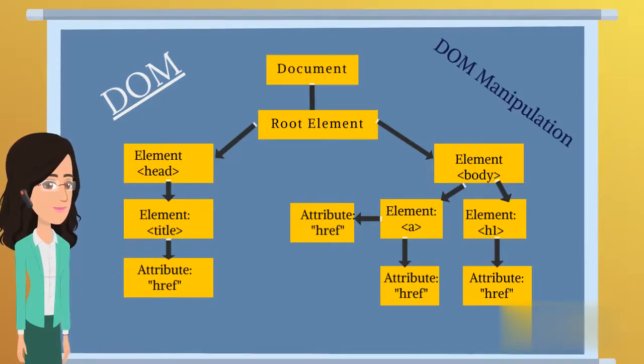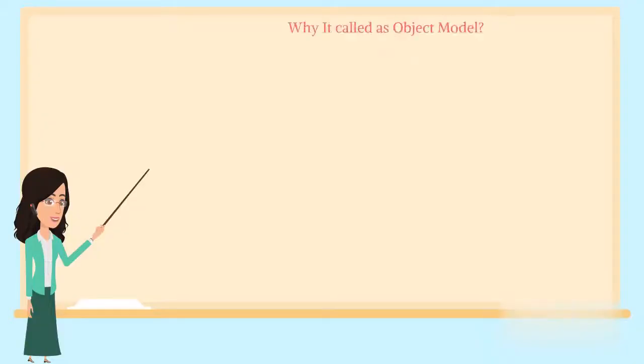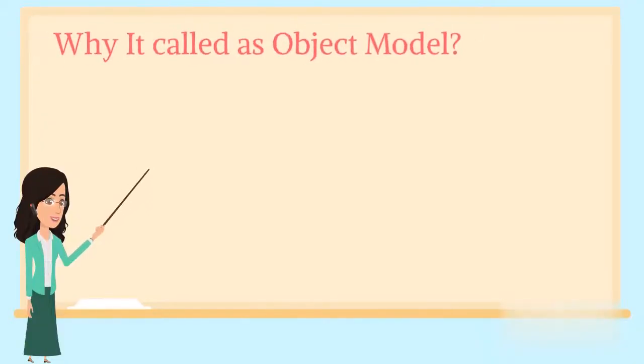So why is the DOM called an object model? The answer is documents are modeled using objects, and the model includes not only the structure of a document but also the behavior of a document and the objects of which it is composed, like tag elements with attributes in HTML. So there are some DOM methods.